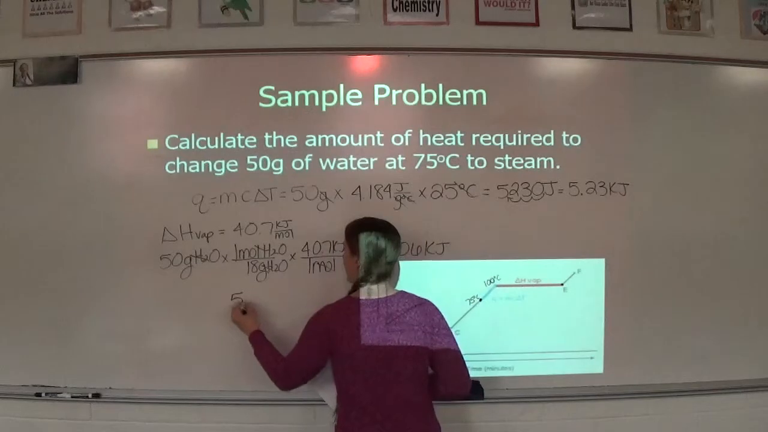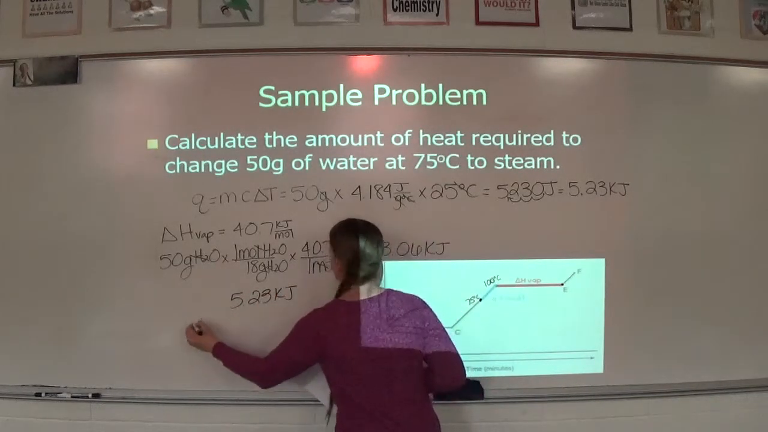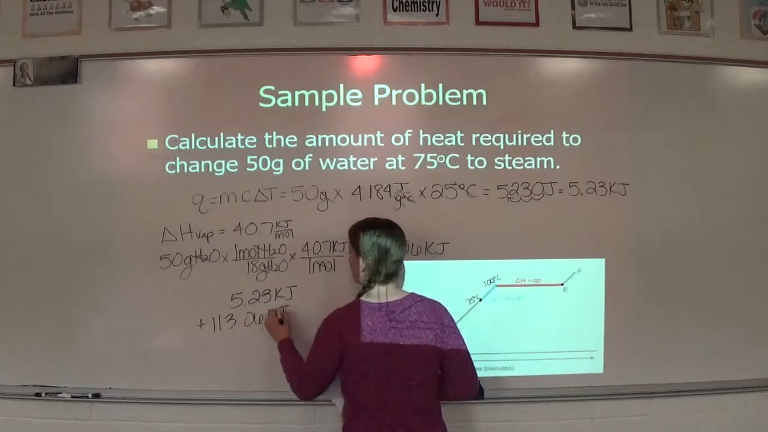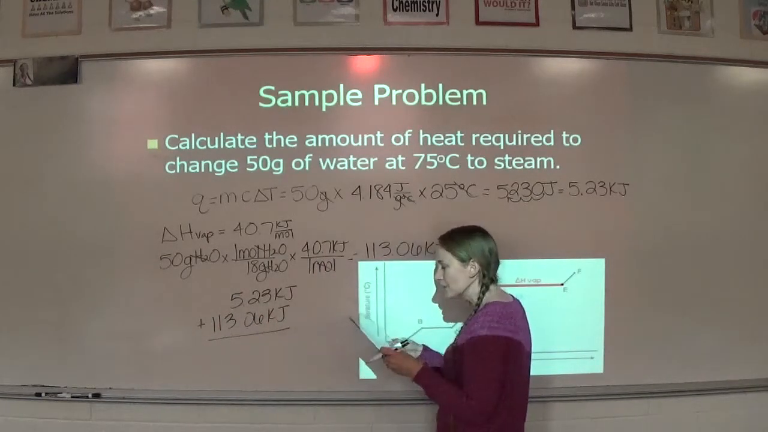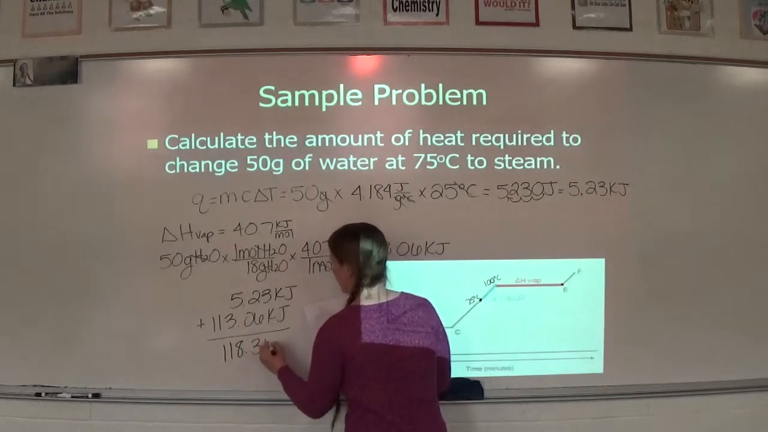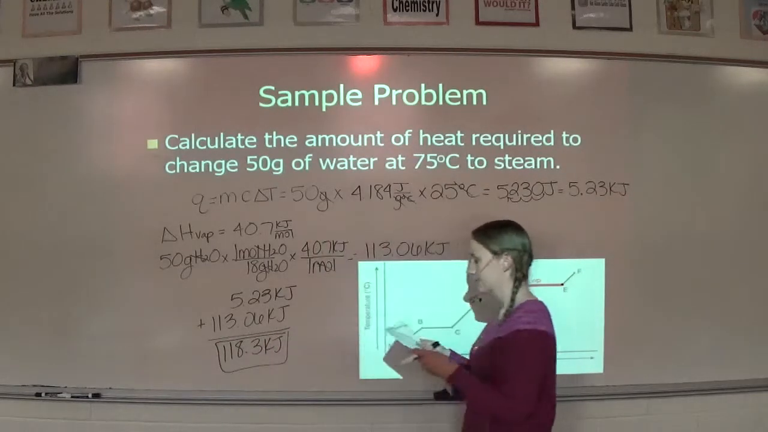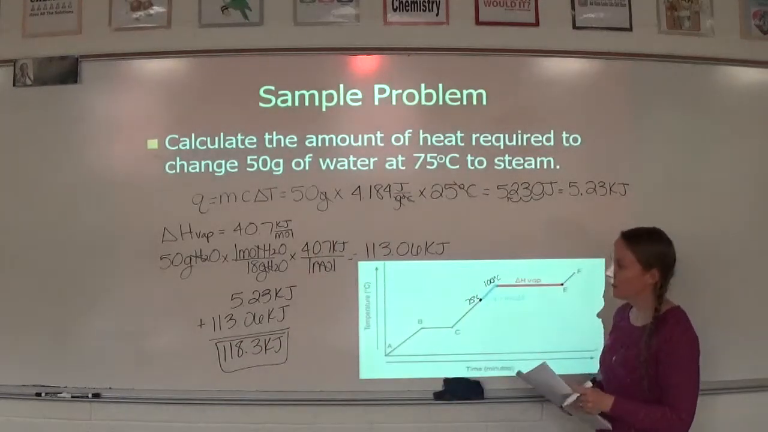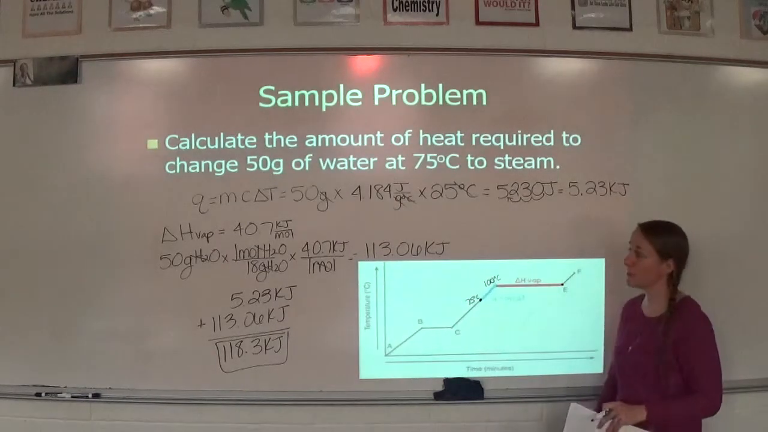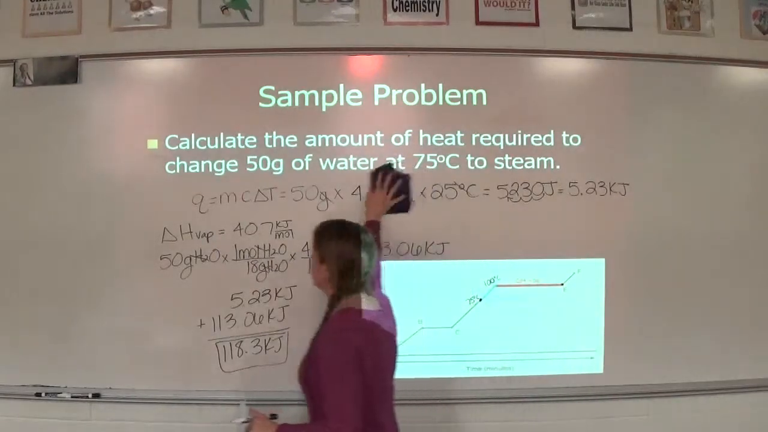So I have 5.23 kilojoules plus 113.06 kilojoules. And so when I add those together, I got 118.3 kilojoules. All right, and then I rounded there a little bit, obviously, because you can see I don't have that last decimal place. All right, so real quick, I'm going to erase this and just show you the color-coded version